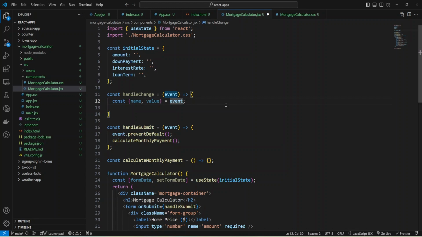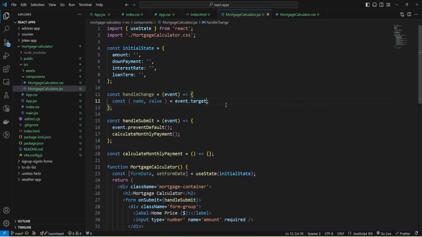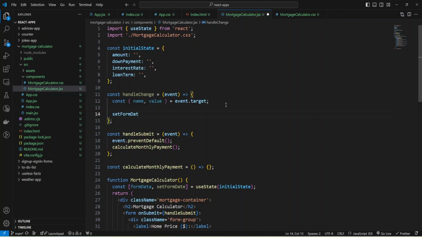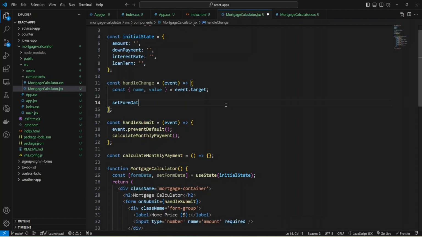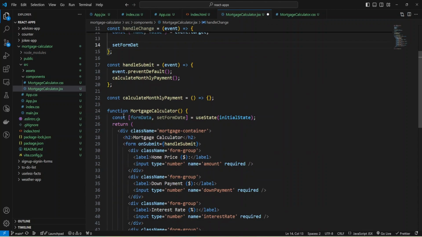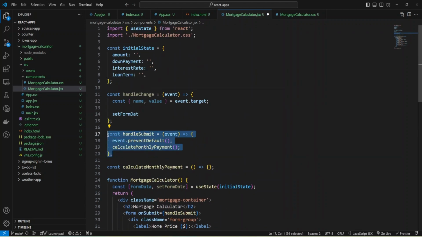Actually we need event target because name and value are inside target, and now we can use our set form data. Okay, and I need to place all these functions inside my component.